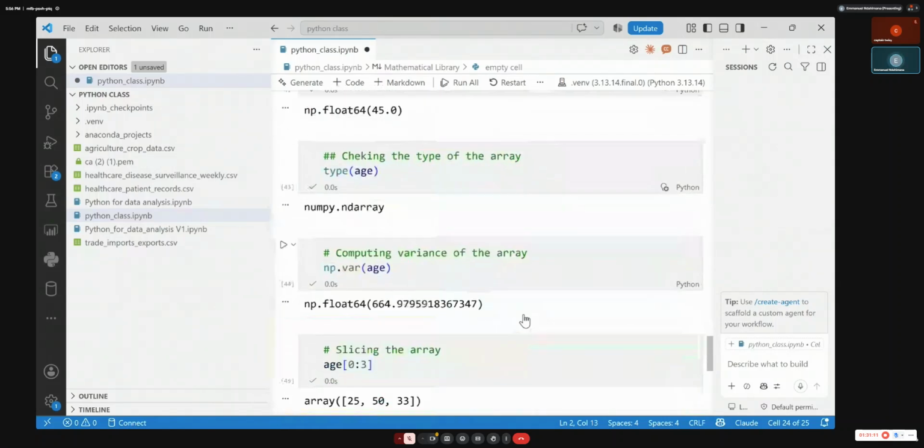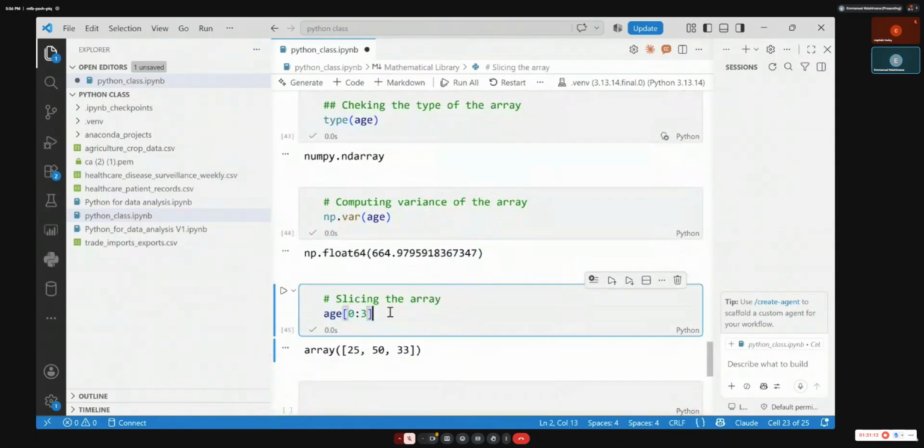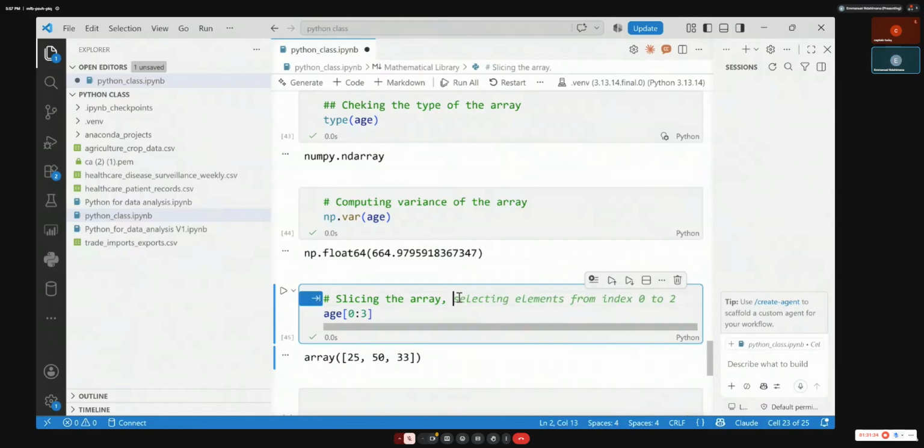So now if I say please give me the first, 0, 1, 2, that's the output. 3 is not going to be included. It excludes the boundary. The last one doesn't get included. So this helps me get the first three items, the first three values.